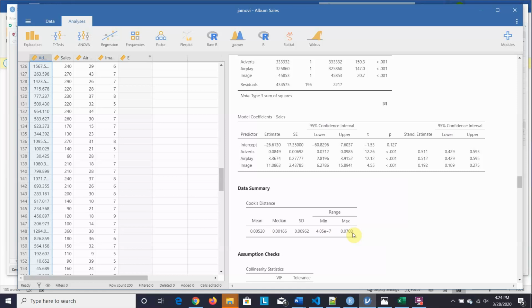And in the textbook, he gives us kind of a rule of thumb value of 1. If Cook's distance is equal to 1, then that data point may have an issue. And you'll see that 1 is definitely much farther above our minimum to maximum, so none of our data points are hitting that. I did a little extra reading on that, and 1 is kind of a very simple rule